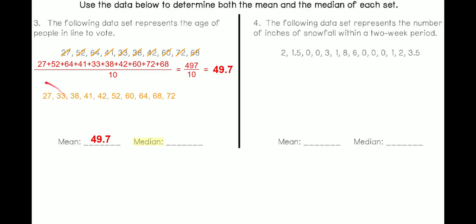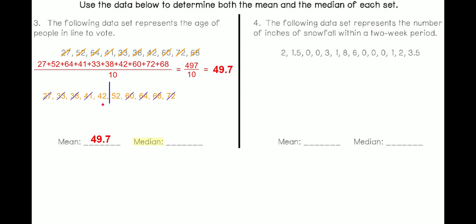So do I have to divide? No. Remember, median is the middle number, so I'm just going to cross off numbers on both sides until I get the middle number. Hopefully I end up with the middle, but I won't because it's an even number. So cross off one at each end, cross off the second number from each end, then the third number from each end, the fourth number from each end, the fifth number, means I have no middle number, so I'm going to erase those and find what is the number that lies